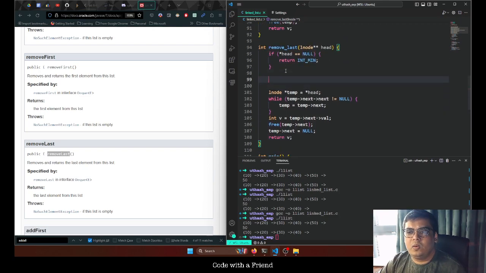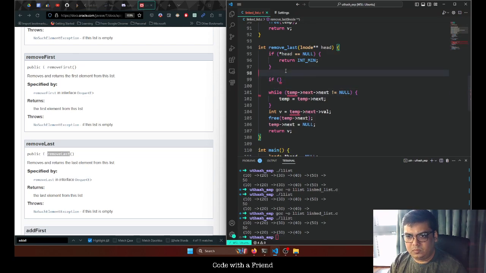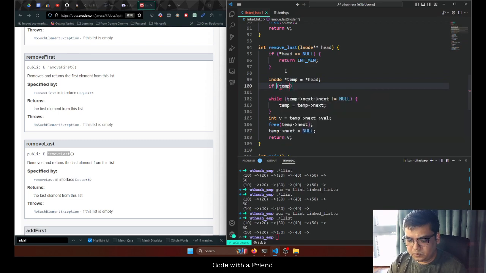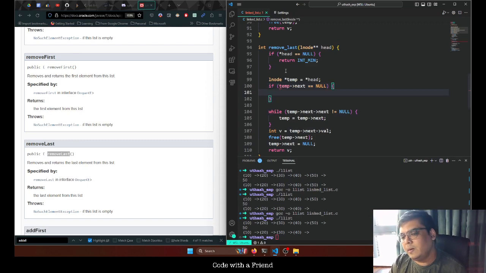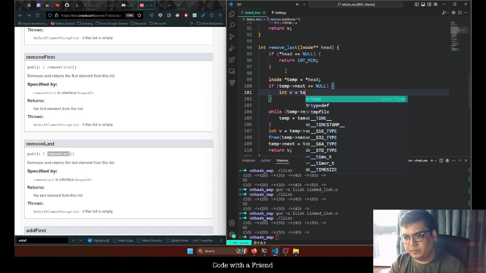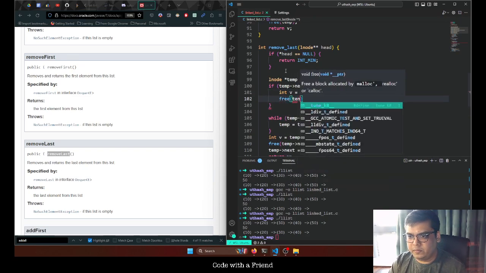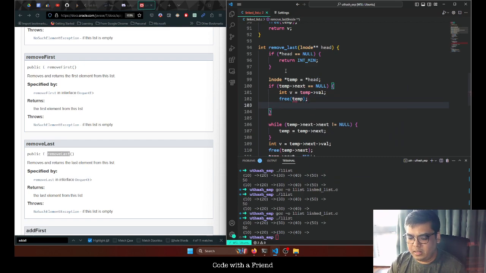If there is only one element, if temp next is null, then we need to keep the value first. We will free temp and we will